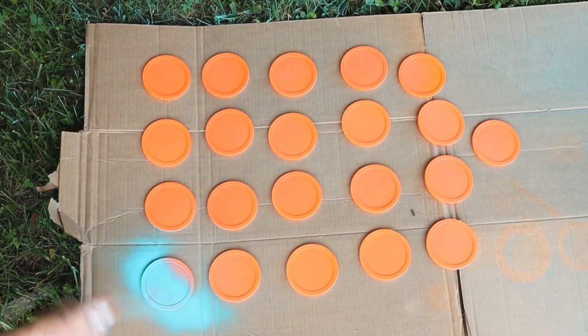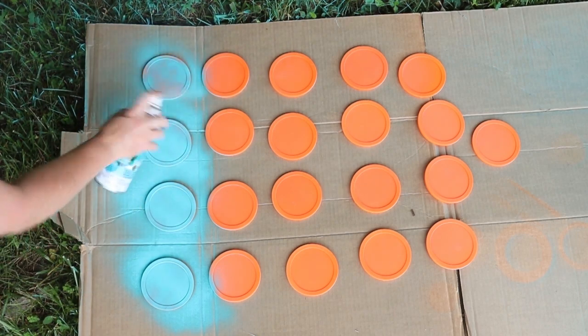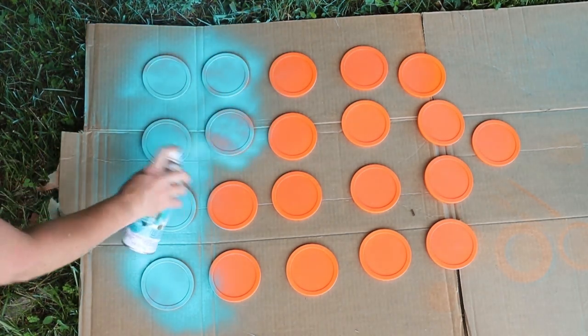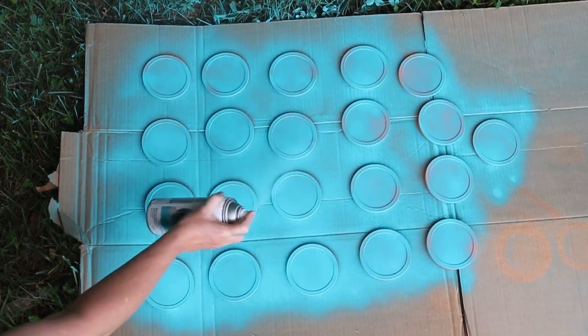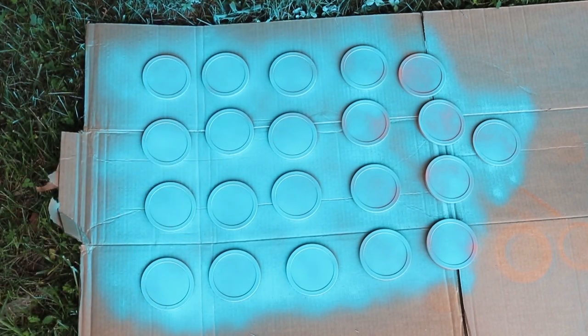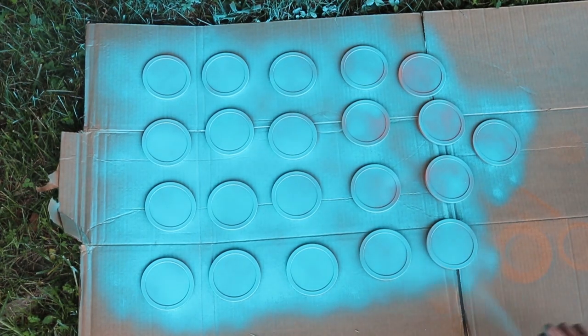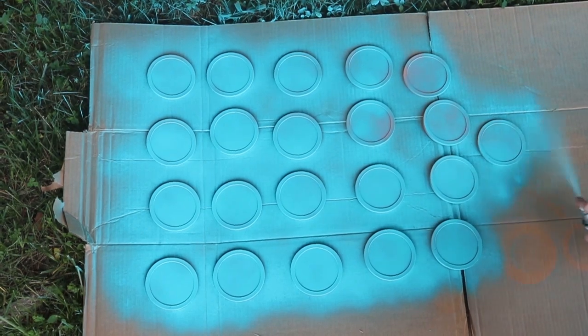And I wanted to go ahead and paint the discs as well. So I painted half of the discs with this spray paint and the other half were already blue, so I just used those blue discs. But you could paint both as well. And when painting the discs, I would recommend waiting the entire cure time. So paint them, wait 72 hours, flip them over, paint the back, and then wait another 72 hours at least